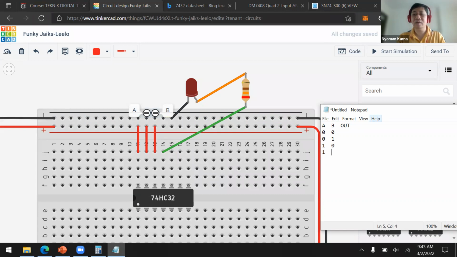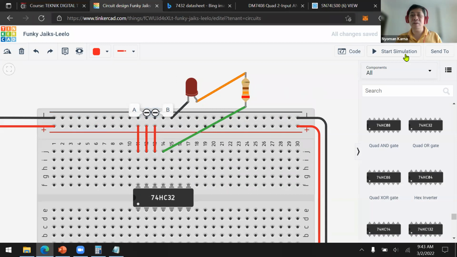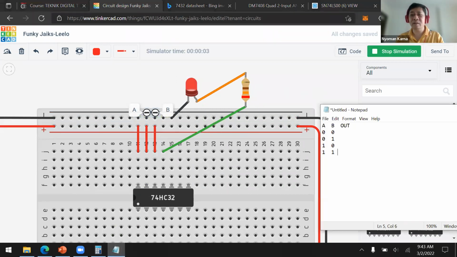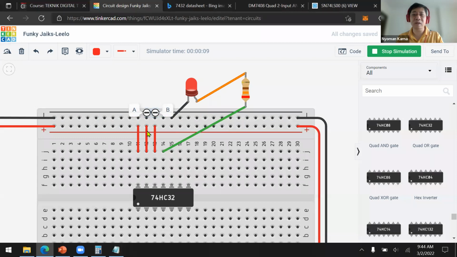Now 1 1. What will be the output? 1, because the LED lamp is on. Now how about A is 1, B is 0.